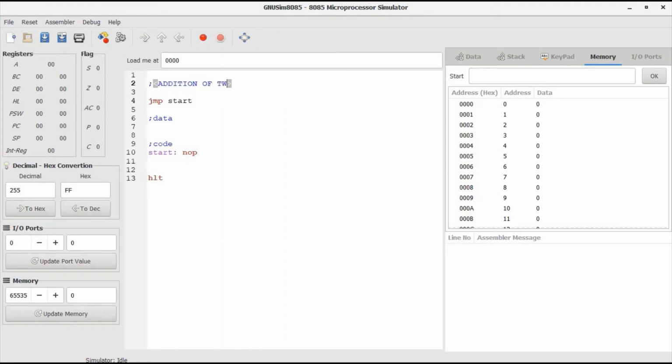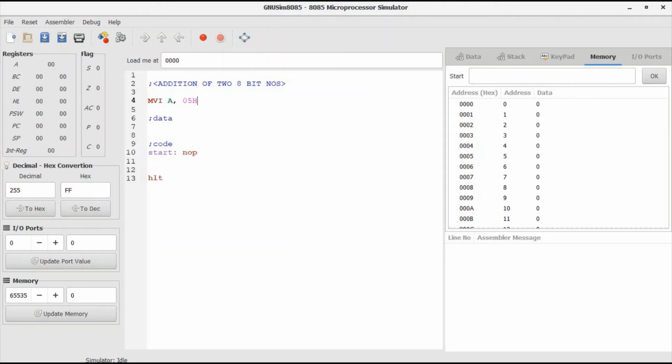Okay, so let us write down the program first. First instruction will be MVI A, 05H. Let us assume that the first number is 05H. This instruction will move 05H into accumulator. MVI is move immediate addressing mode, and it will move 05H into accumulator.